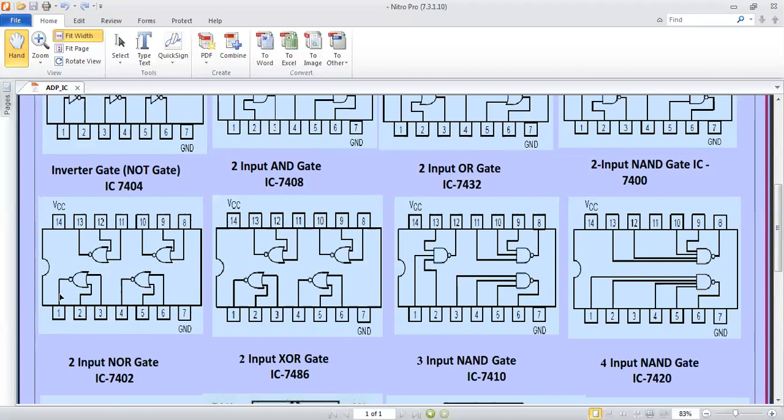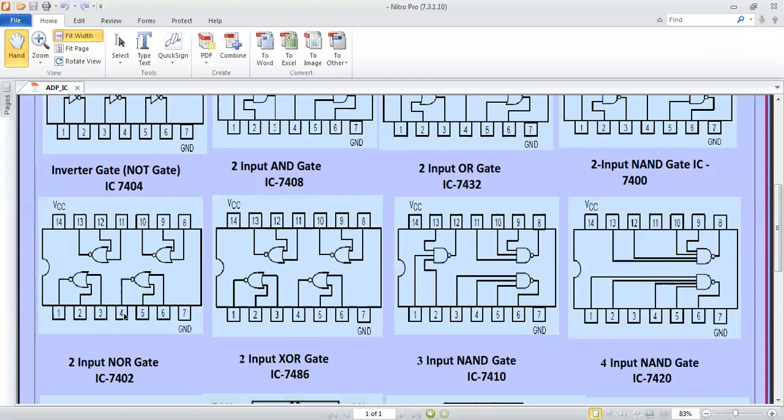And same way, the naming of legs is common. You can say pin or leg of IC, or pin of IC. That is 1 2 3 4 5 6 and number 7 is ground. Once again 8 9 10 11 12 13 and 14 is plus 5 VCC. We are counting it from the curve side.